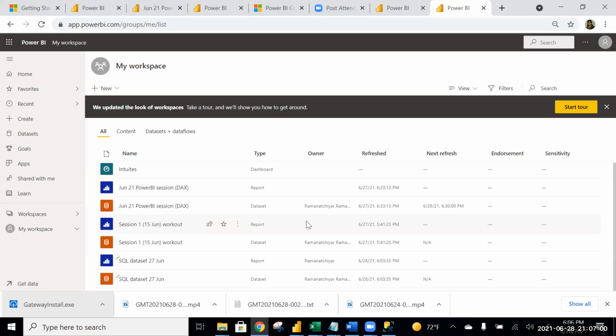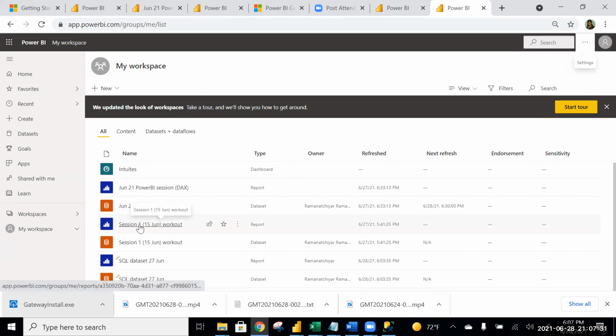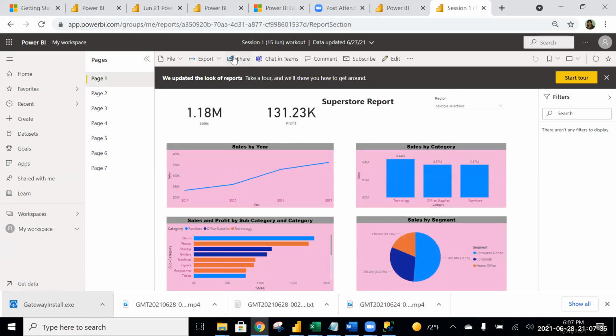Yeah, continue. Options are not working on your screen now. So everything is getting stuck.